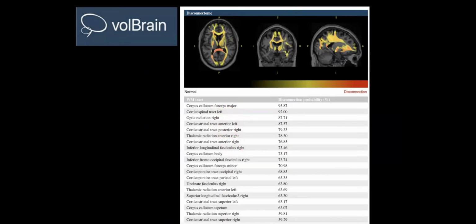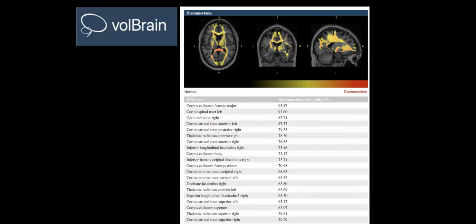We can also look at something called the disconnectome. So again, even though it's important to know about white matter microstructure, which is what the DTI gives us, we can also look at FLAIR imaging, and we can ask the question, are there lesions that can give us insights into areas of the brain that are disconnected? And the answer is yes, we can. And the reason that's important is because we can identify parts of the brain that are disconnected based on the disruption in white matter tracts.